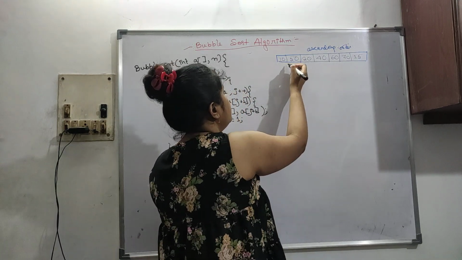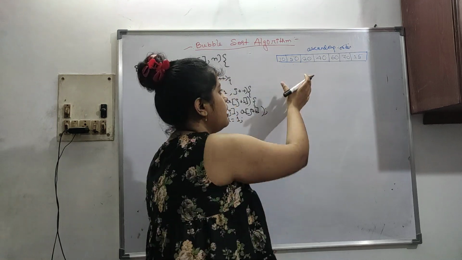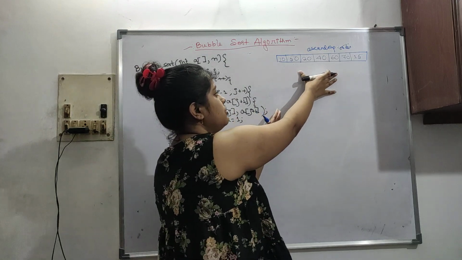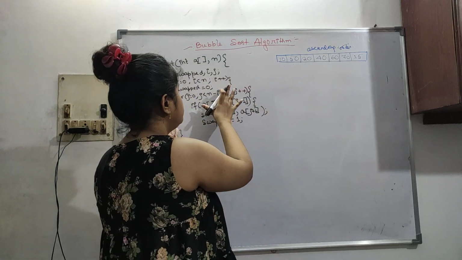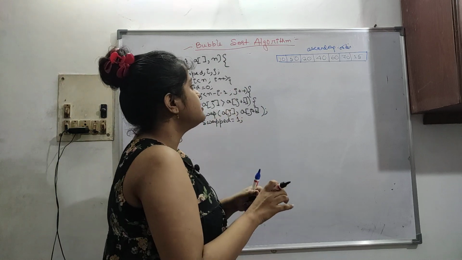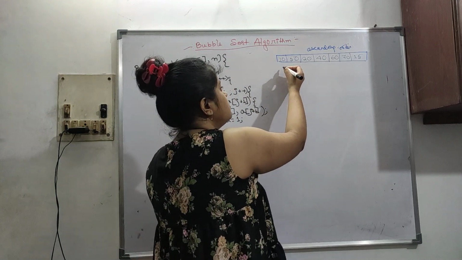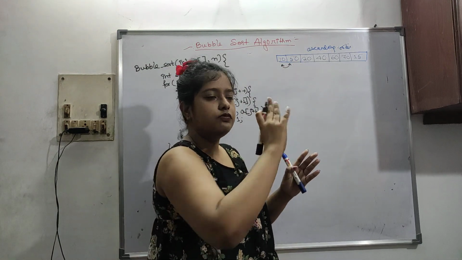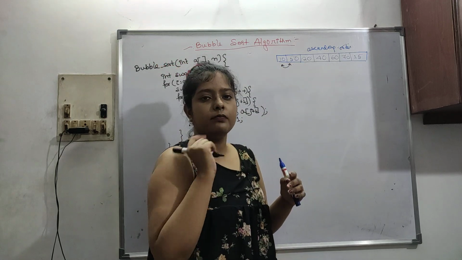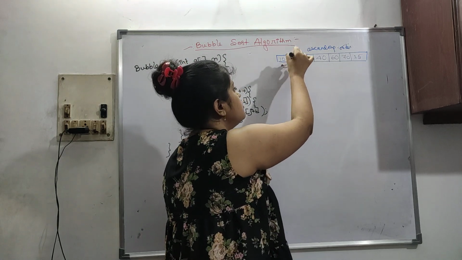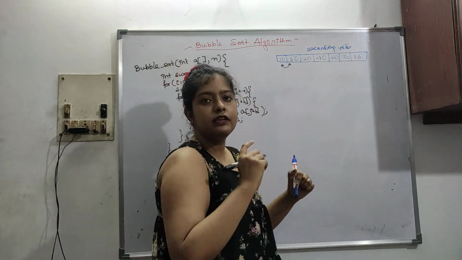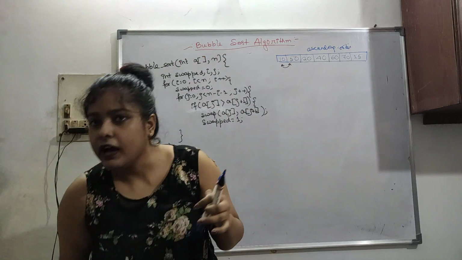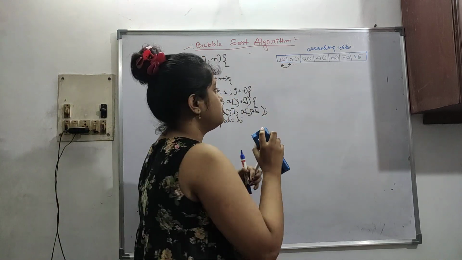Now let's see how we will do it. Don't just jump into the algorithm. I'm just showing you here how it is working, then I will show you the algorithm. So let's see, 10 and 50. Bubble sort is pairwise comparisons. The first pair, these two elements, will be compared, and the highest will move to the right. 10 and 50 are in correct order, so the highest element will be at the right position.